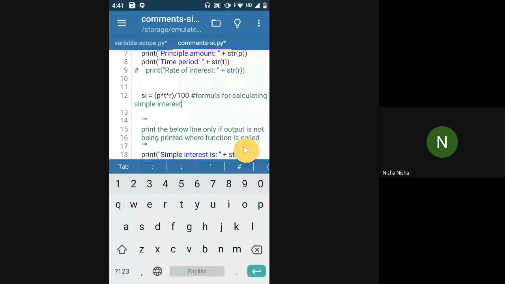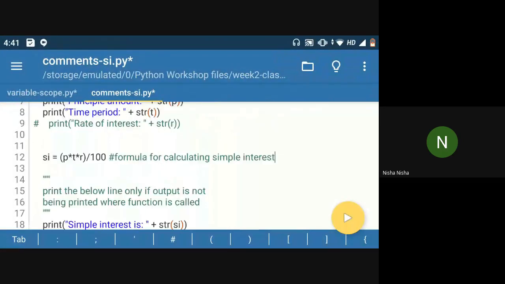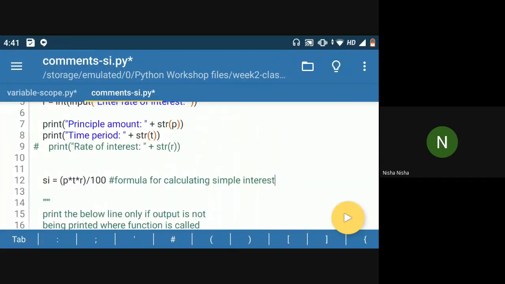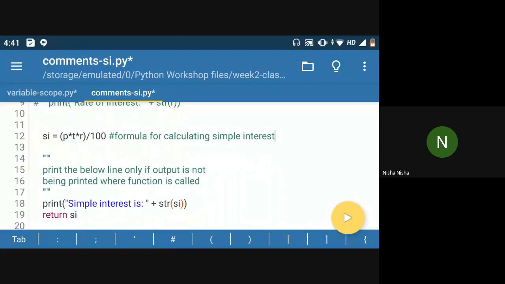So similarly, here it is being shown as double line actually, but this is a single line comment only. So whenever you want to comment out one line, you use a hash character. But if your comment is very big, like some 15 lines big, then ideally you can put a hash character for all the 15 lines that your comment is occupying. But it will be easier to use multi-line comments, because here you don't have to put a hash character at the start of every line.